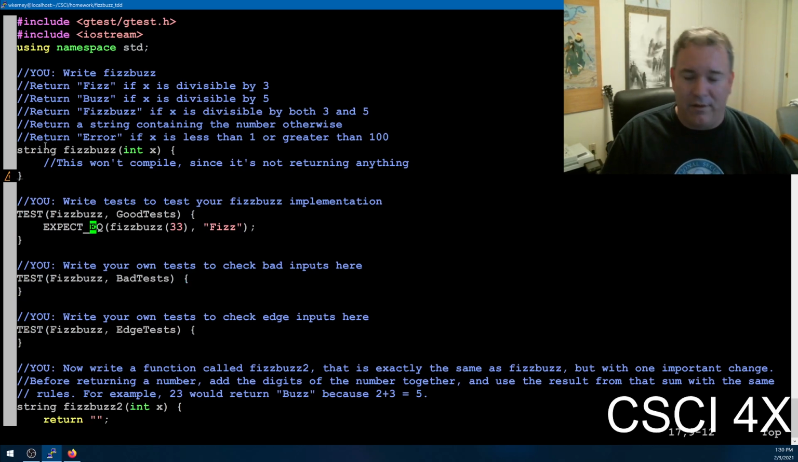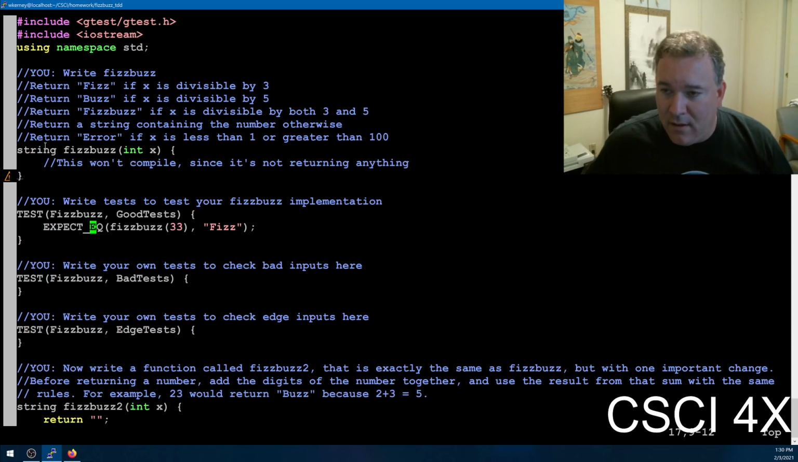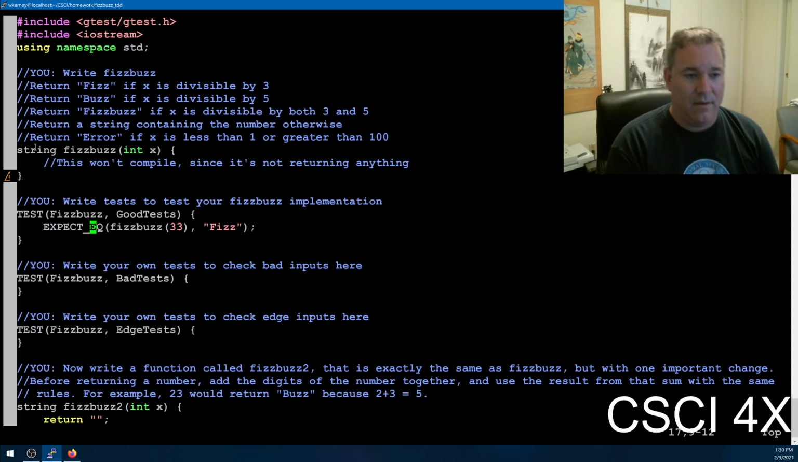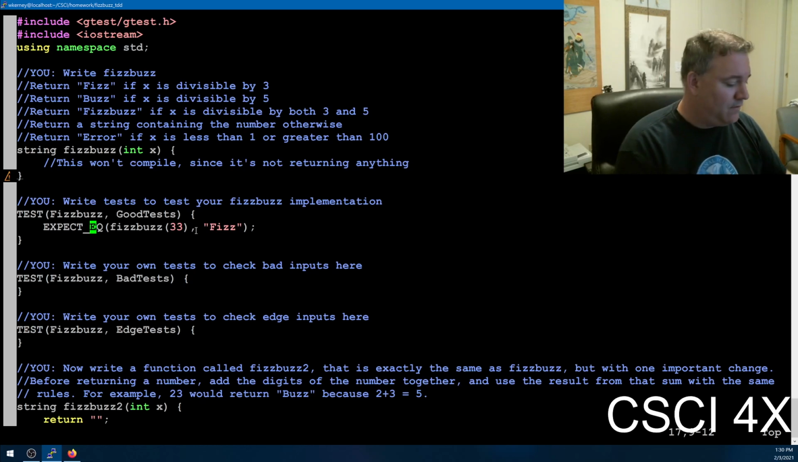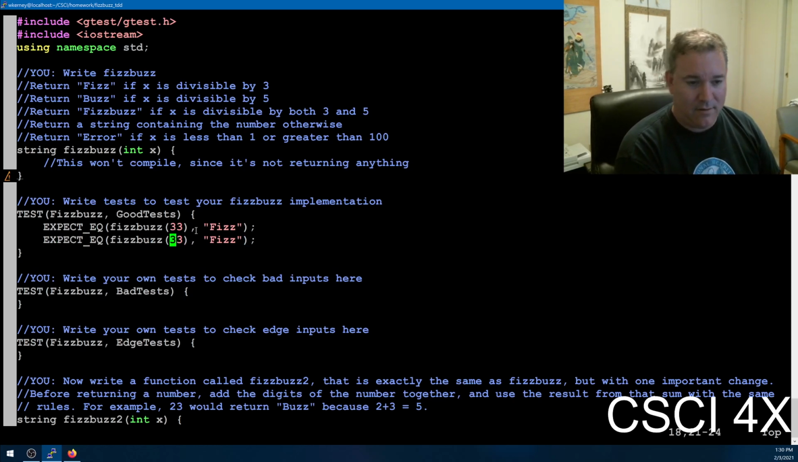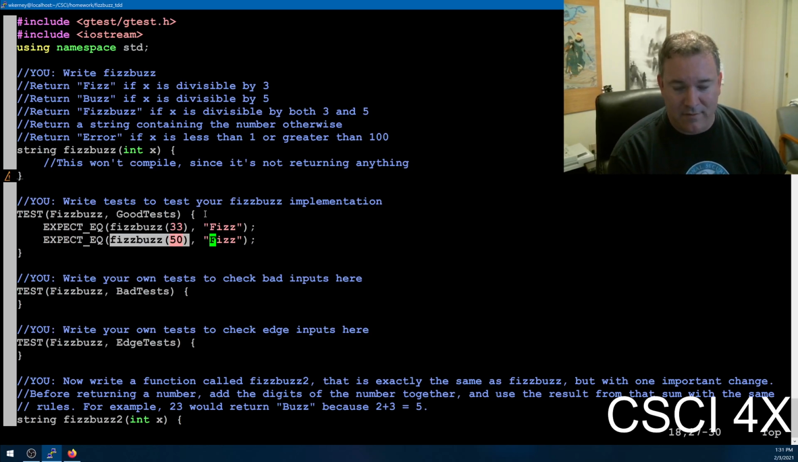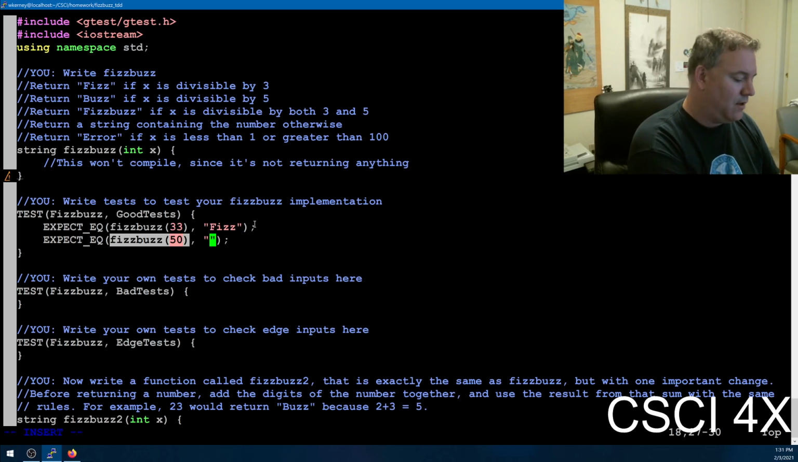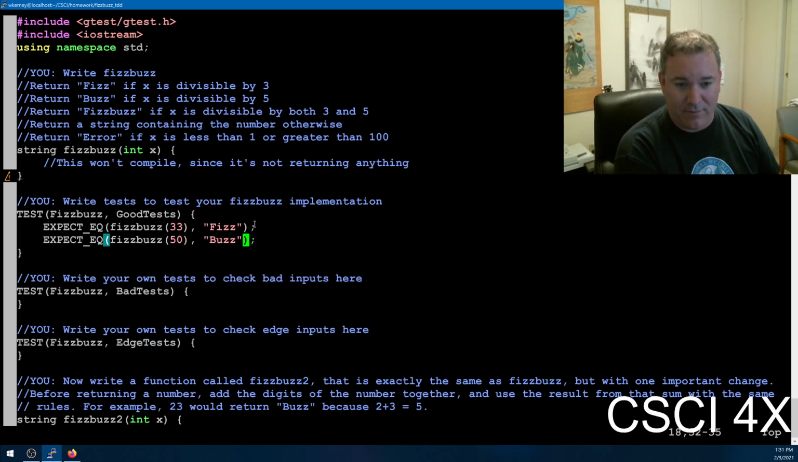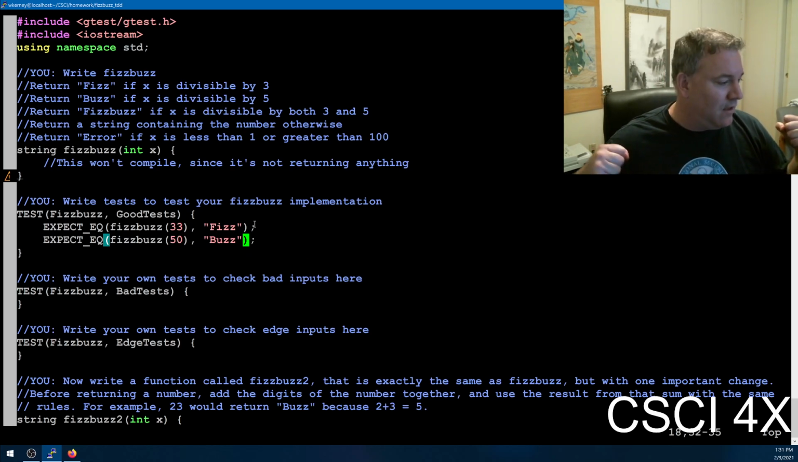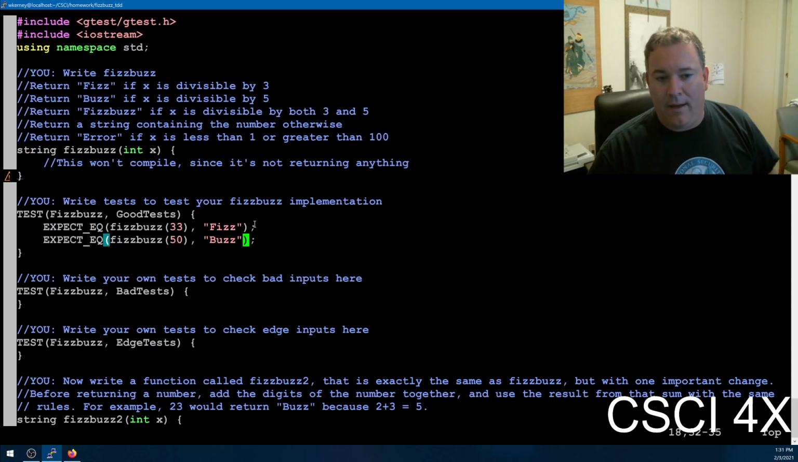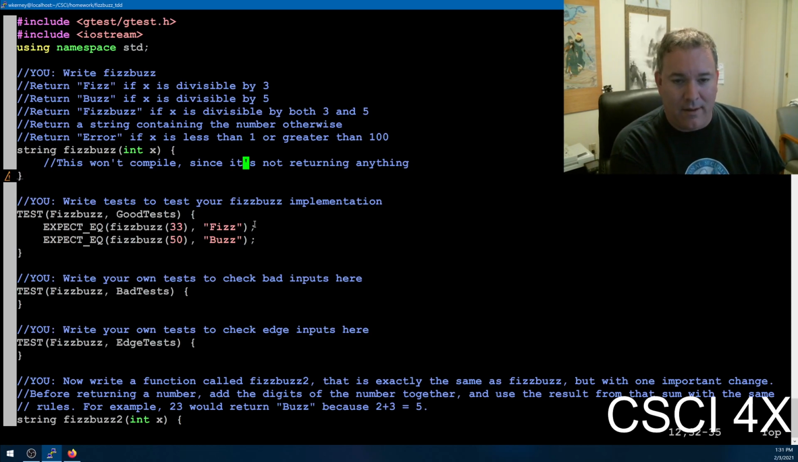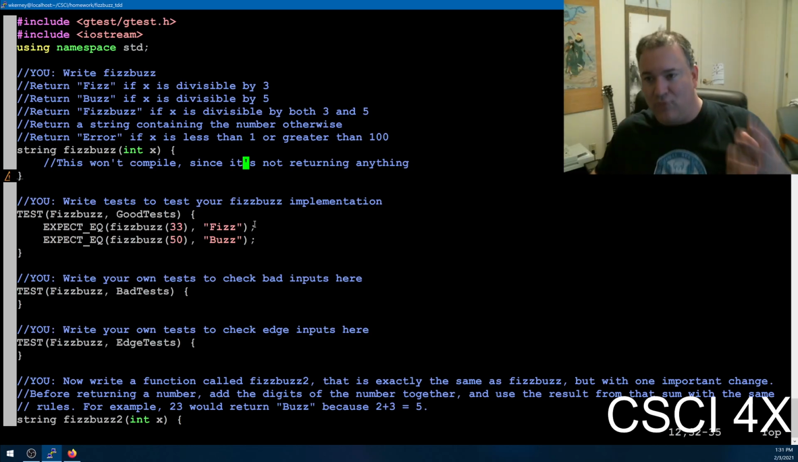So what does that mean? Good tests would be like, you pass in a number like 33, which should be fizz, and maybe 50. So basically you say, when fizzbuzz gets passed 50, it should return buzz. That's what that line of code means. And so you're creating input tests for your own code. Then when you write your code, you can test it and see how many of the test cases you're passing. So TDD, test-driven development,